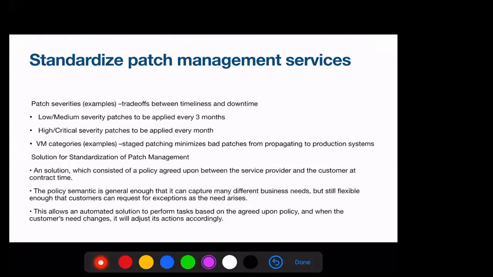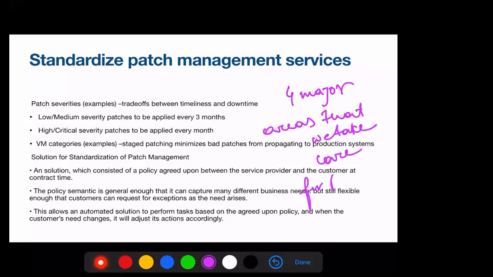Akramul? Arpita? Can you please repeat the question? The question is: what are the 4 major areas that we need to take care of for patch management in cloud? This question may come in the exam also.